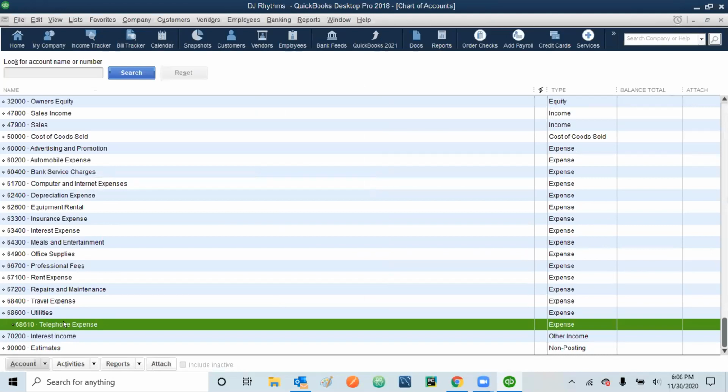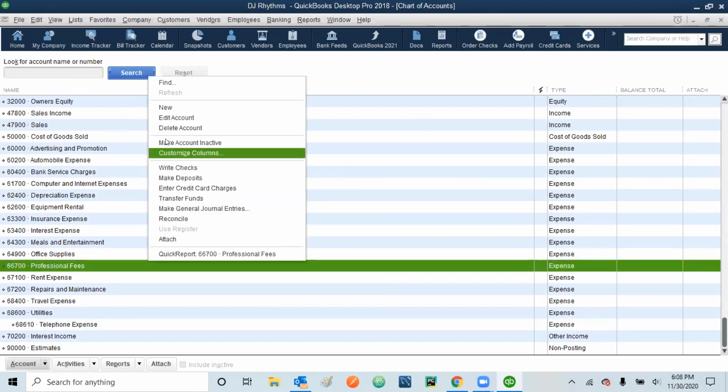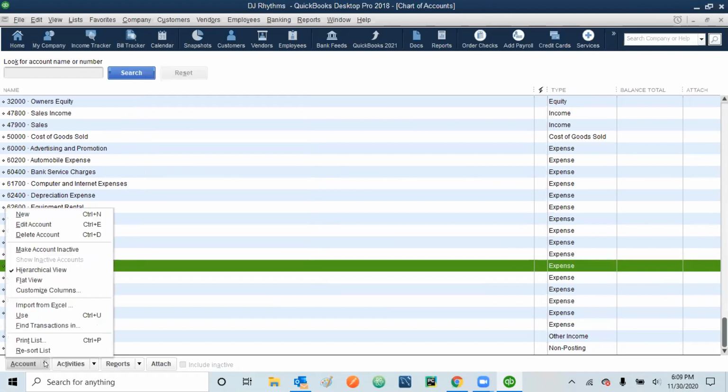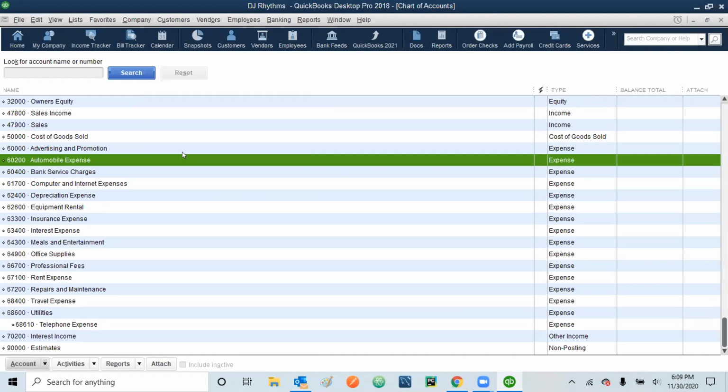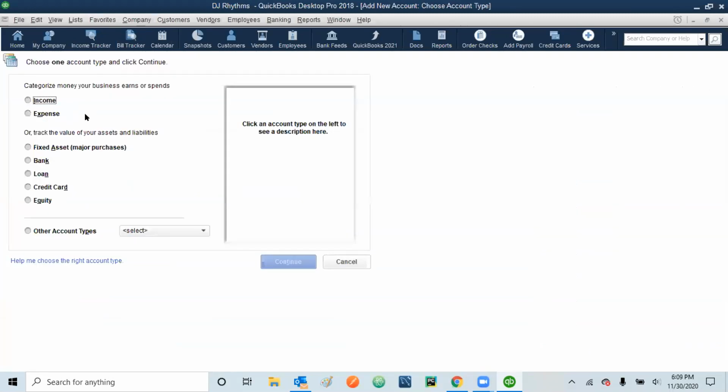So we have created telephone expense as a sub account of utilities. The next thing we are doing here is creating one more utility account, for the electricity bill. So how can we do that? Either we can go on the top and select new account, or we can select new account from here, or from this place. Everything will work the same way. Just to avoid confusion, this time I am doing it with the right click. So right click, new account. And this time I am making an account for my electricity bill.